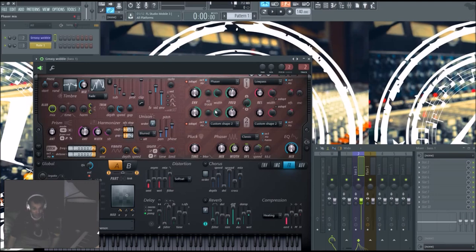You can alter anything as well, so if you feel brave enough, alter the sound, and you can always go back. Try and save